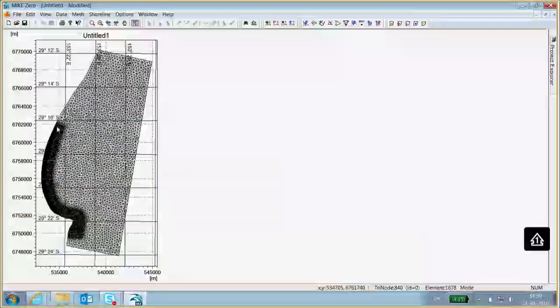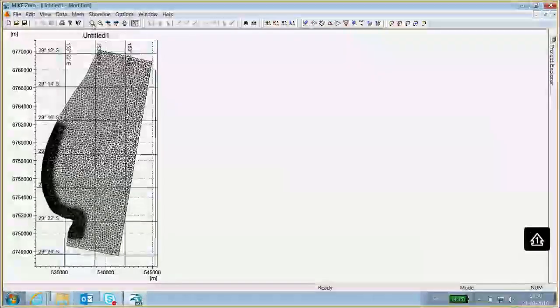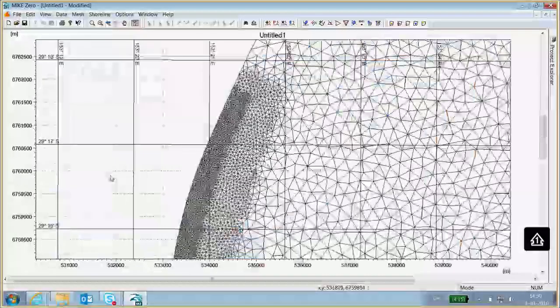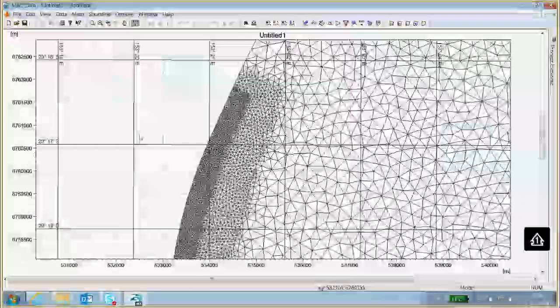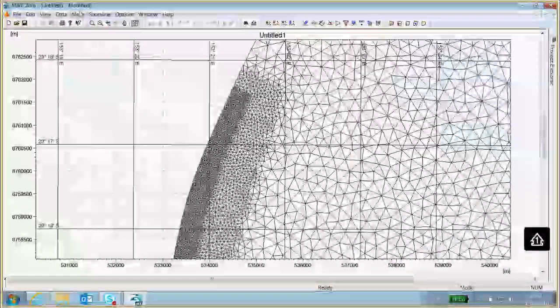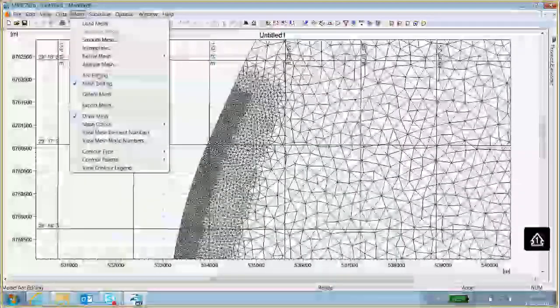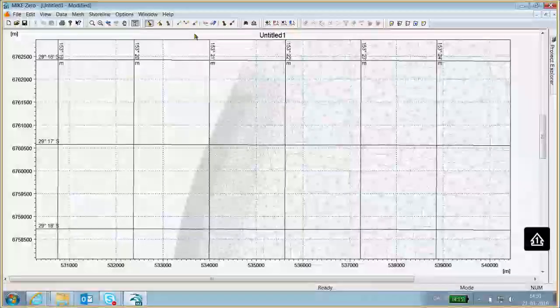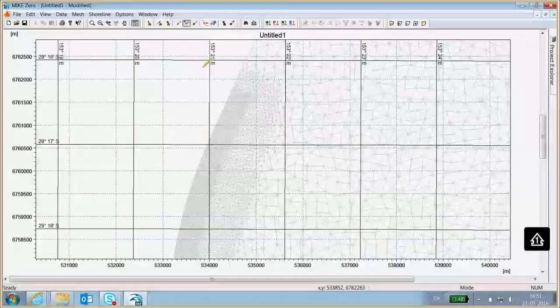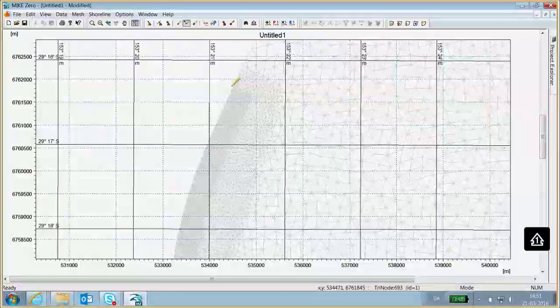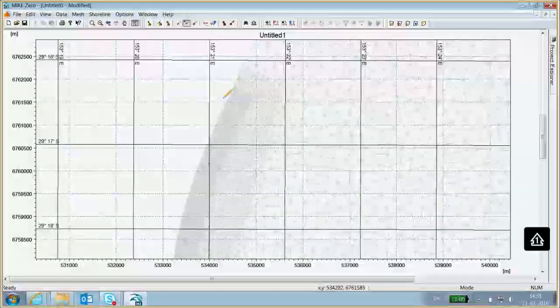That of course makes the model a lot more flexible, and it means that we can more easily describe the morphology for such a curved headland beach here, because we can simply have our baseline follow the depth contours along the curved beach. So that's exactly what we're going to do. I'm going to draw the baseline as an arc using the arc tool. In order to do that, first I need to enable arc editing by pressing here, and then I can simply select the arc drawing tool there.